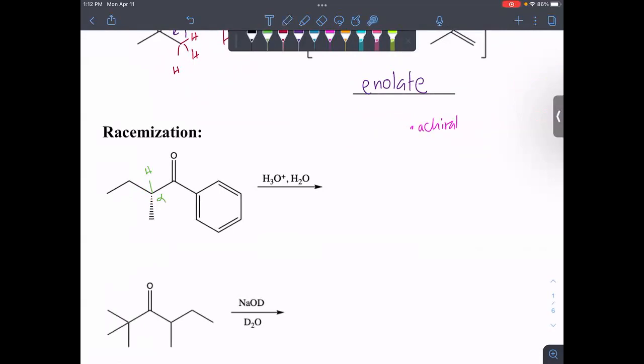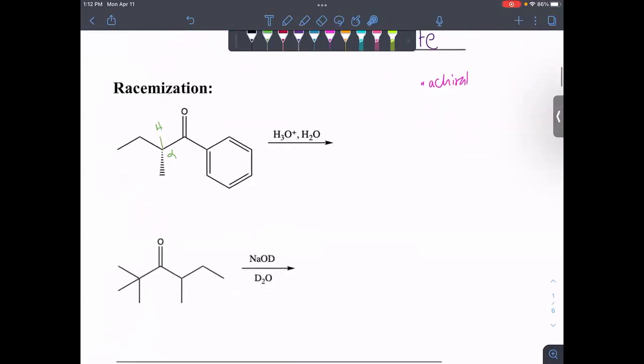So this over here is a chiral center because it's attached to 4 different groups, and it does have an alpha hydrogen on it. On this side, you don't have any alpha hydrogens, so you can't really racemize on that side. Okay, so the point is, if you have on one side of the carbonyl, like if one of the alpha